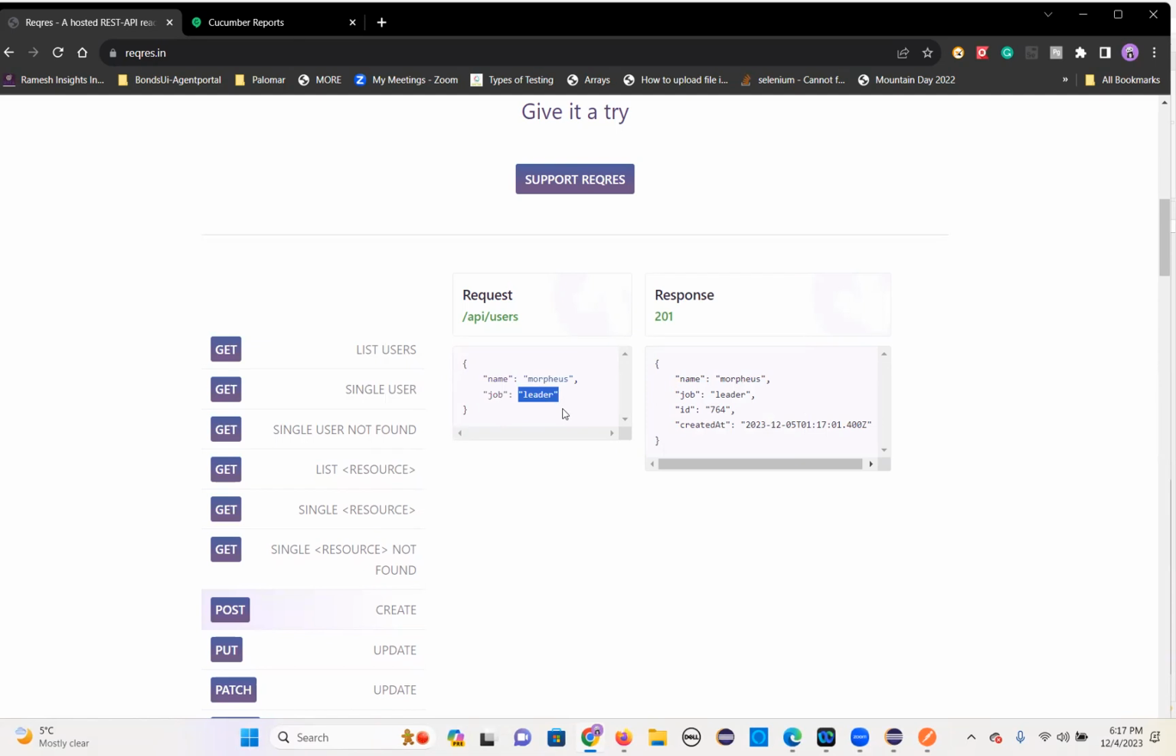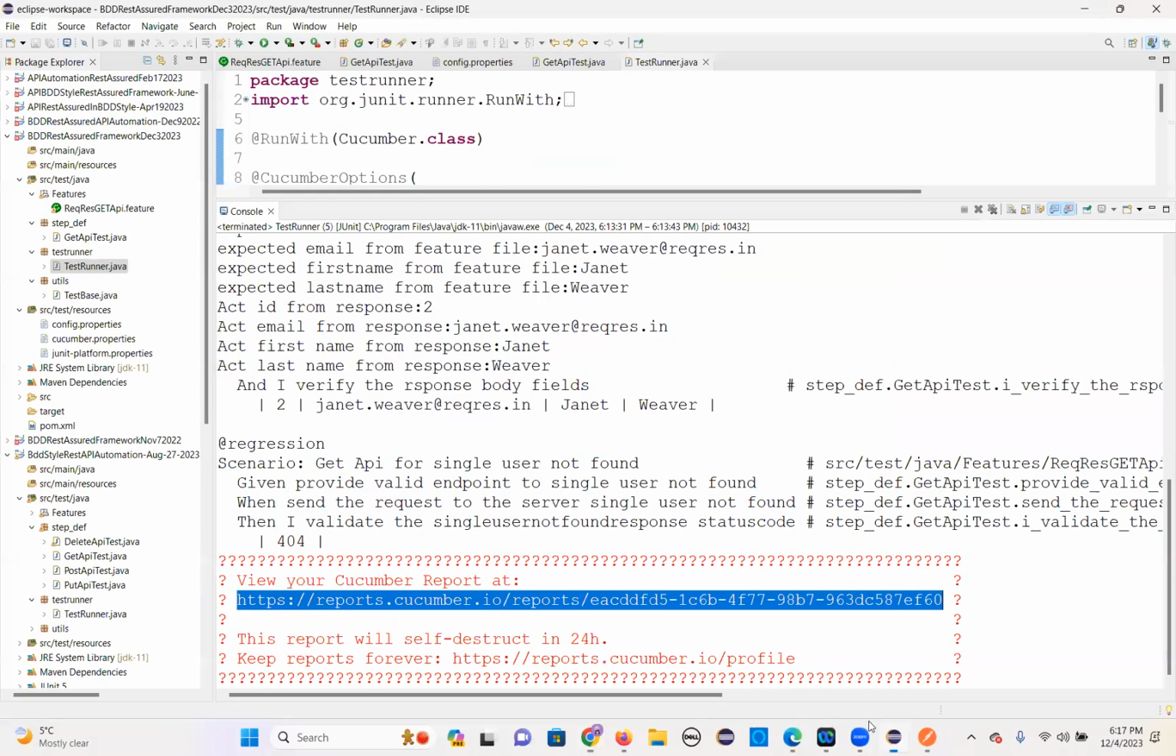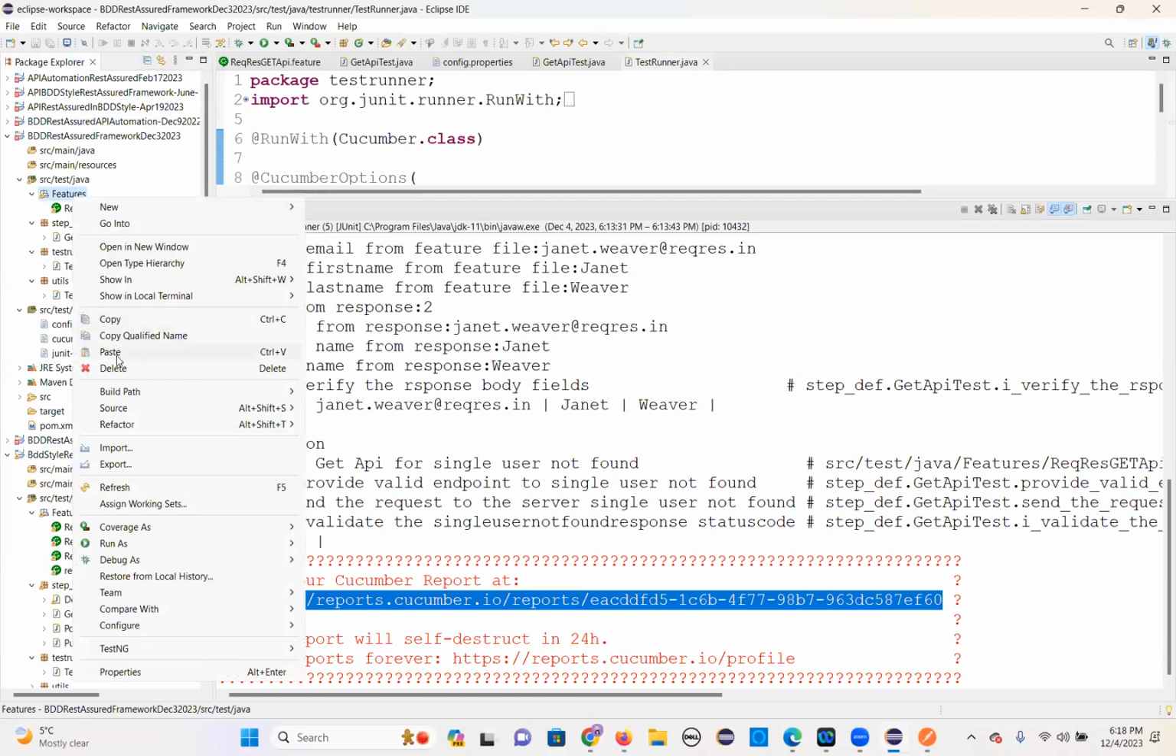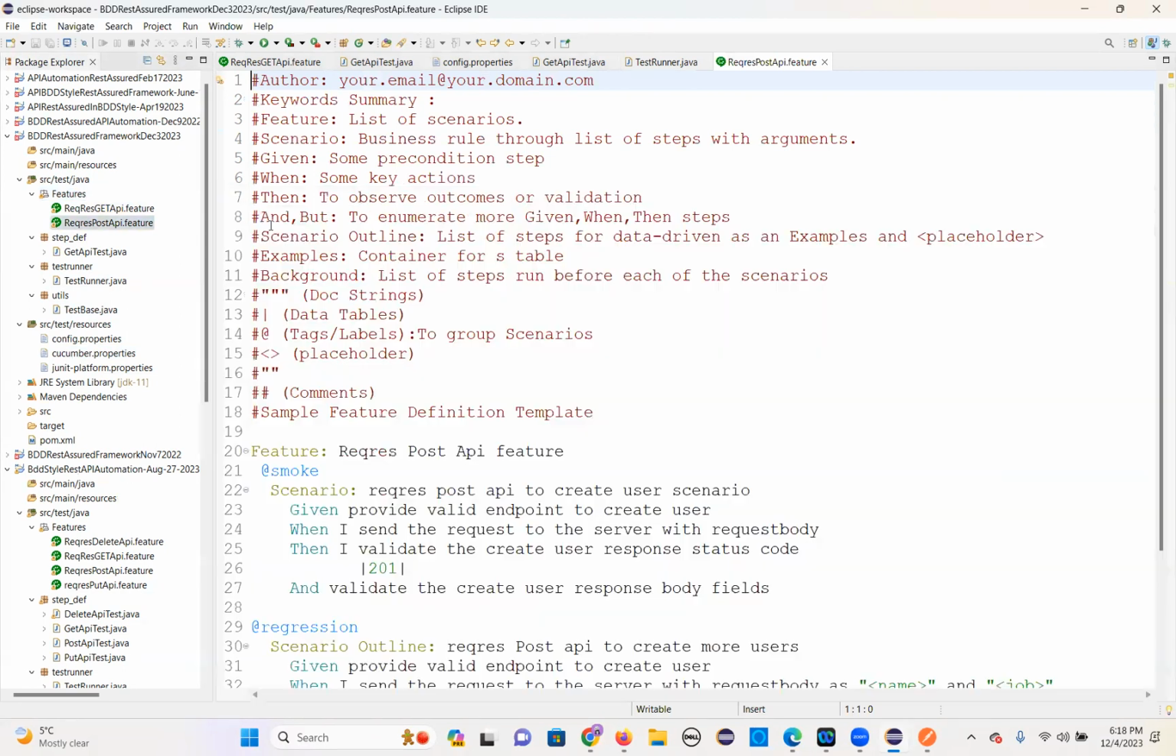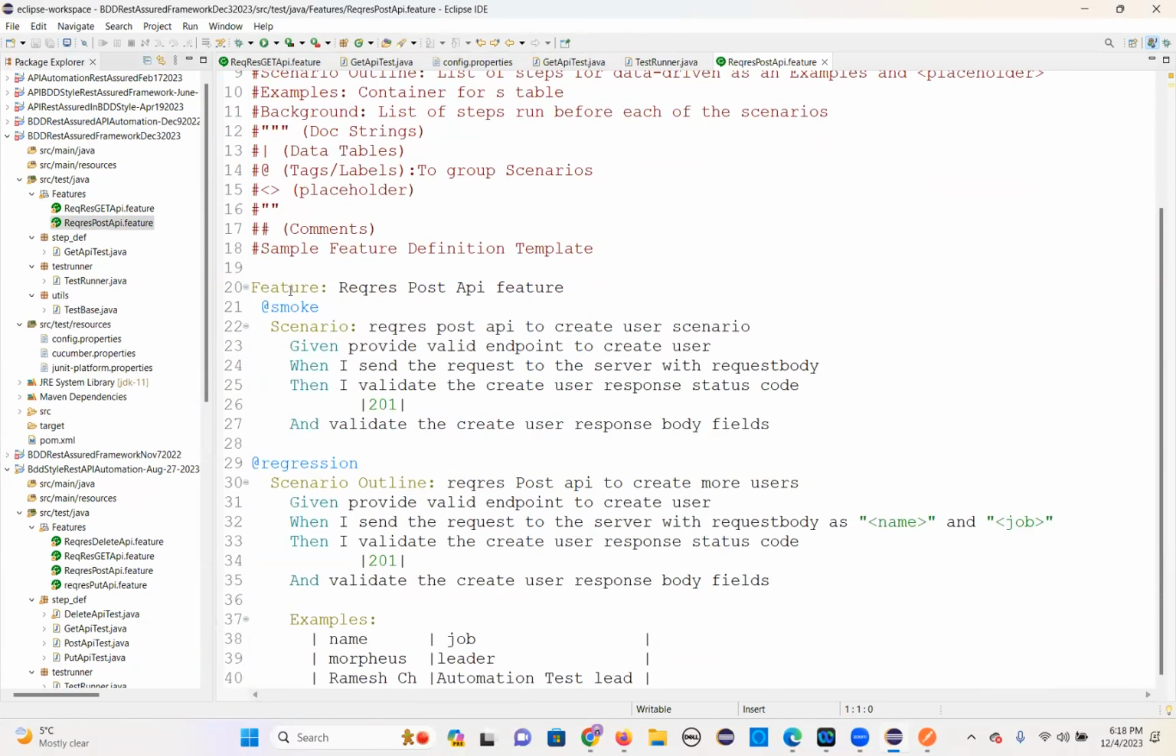I'll show you how to do that, and then we can see that. Let's go. First try to develop the feature file, then we can develop the step definitions. So let me take here the request. See this. So feature, request post API feature,